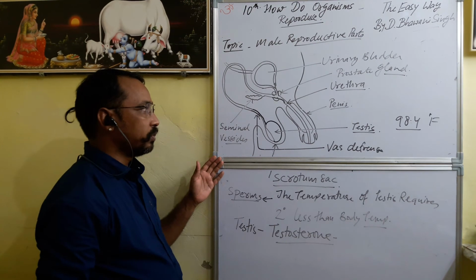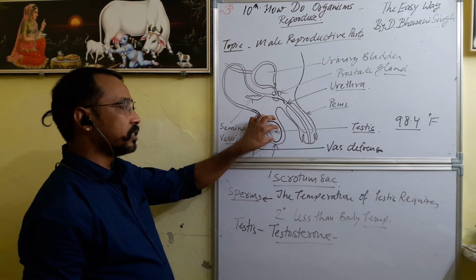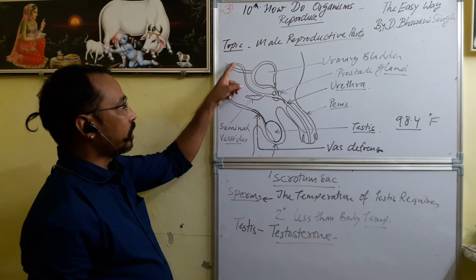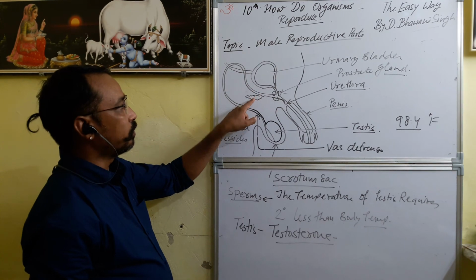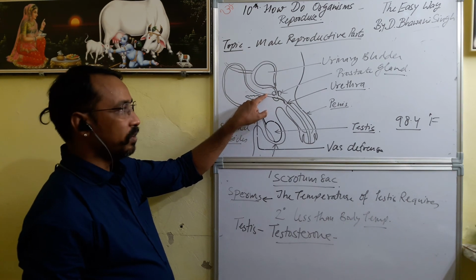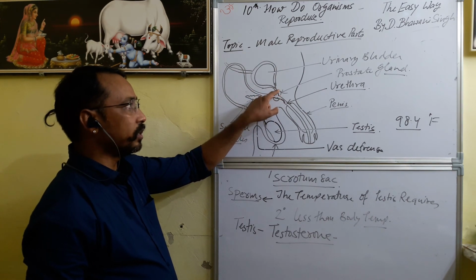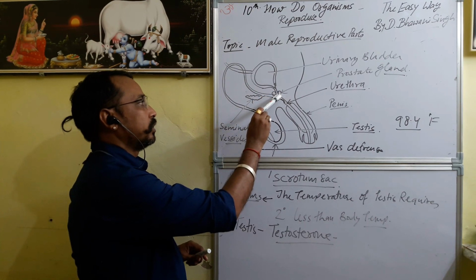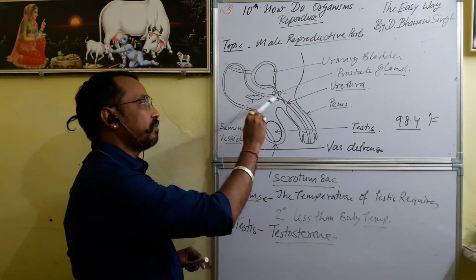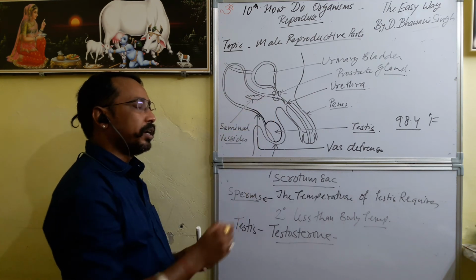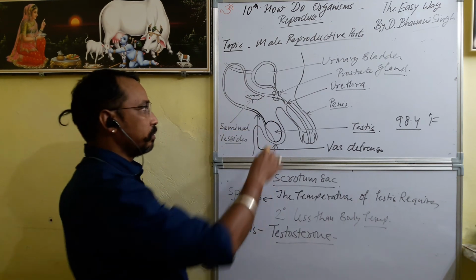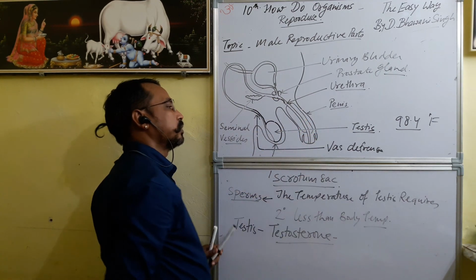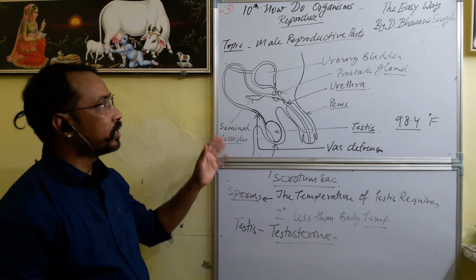Sperm already discussed with you. Sperm get matured in the testis, and finally they move through this vas deferens and finally reach here. Here the fluid from seminal vesicle also combines with that. When it moves a little bit forward, the prostate gland also secretes some fluid that also combines with that, and finally when all this combines, it is called semen, and the semen is released out of this urethra, out of the penis. Okay, this is the whole process and the parts.